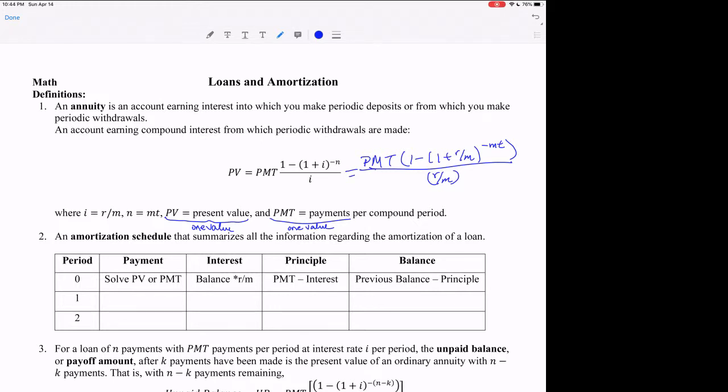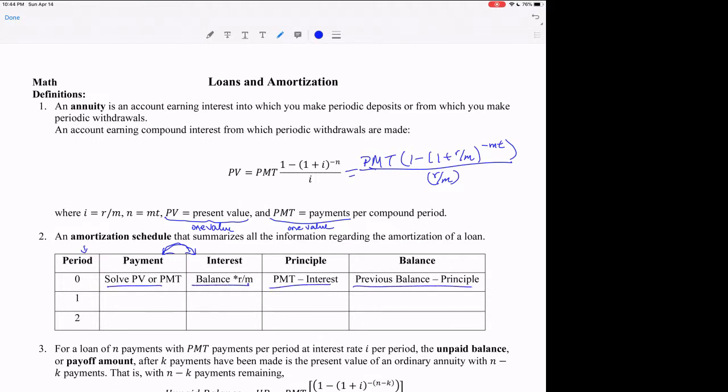The next big thing we're going to do is what's called an amortization schedule. And this is how you plan out your loan for the entire loan. I've seen it done two different ways. One is where you have your periods in the first column, your payment in the second column, the interest in the third column, your principal in the fourth column, and your balance. You can switch the payment and the interest. And I think in some of the questions in WebAssign they're switched, in some of the questions they're this way. How they're found, how I have the formulas here,